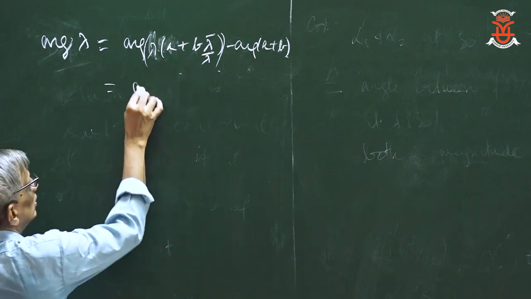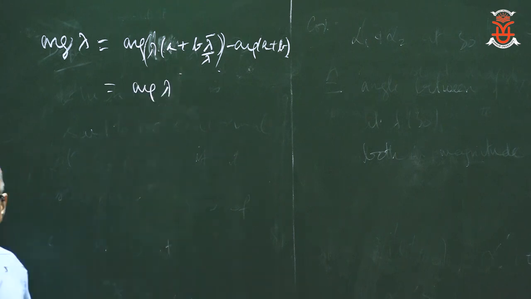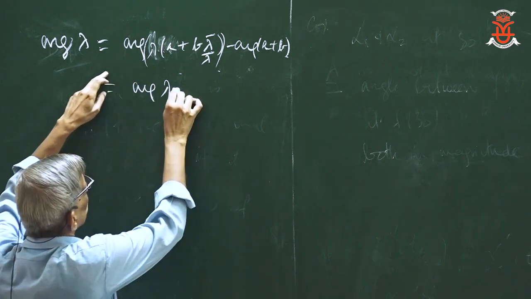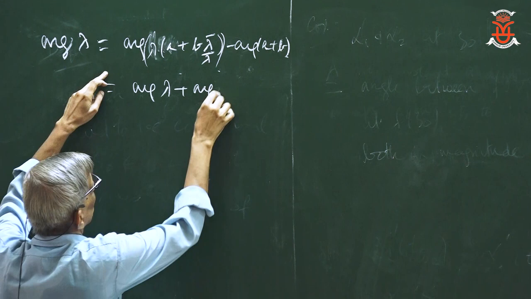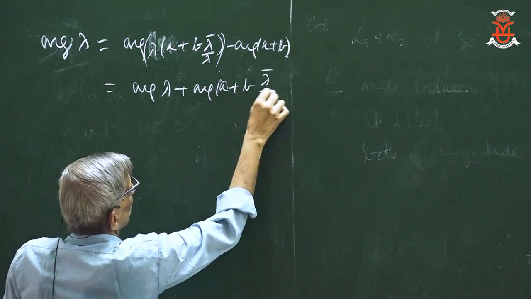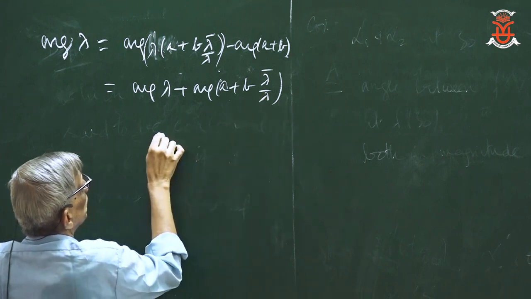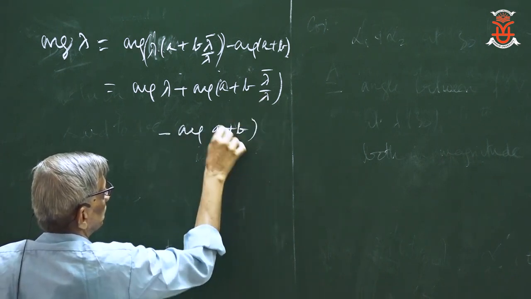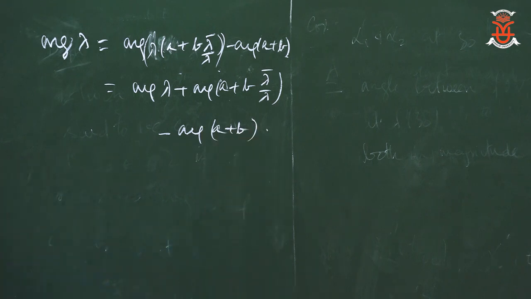So argument of lambda plus argument of a plus b lambda bar by lambda, minus argument of a plus b. So argument lambda cancels off and gives you